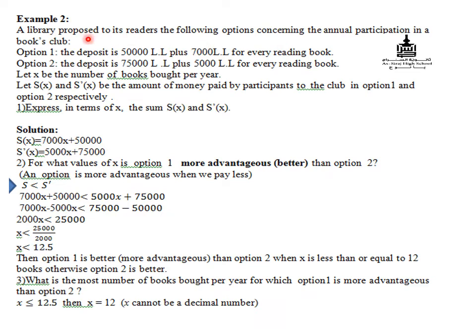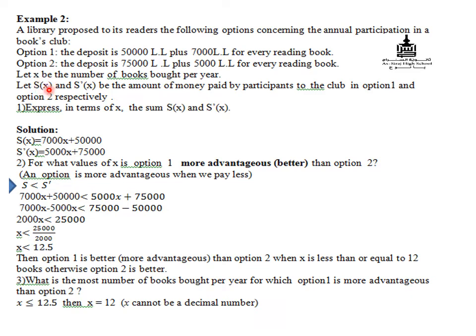client chooses option 1, he should pay 50,000 Lebanese lira and 7,000 for every book. So if the number of books is 1, he should pay 50,000 plus 7,000, which is equal to 57,000 Lebanese lira. If the number of books is x, he should pay 50,000 plus 7,000x, which is represented by S